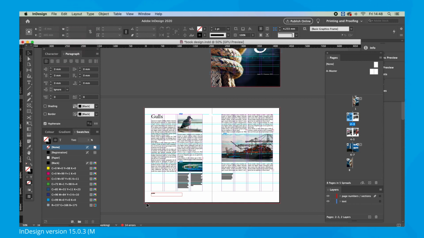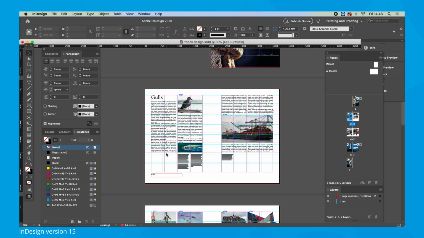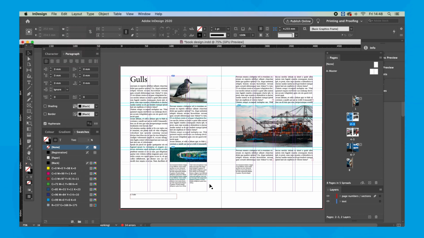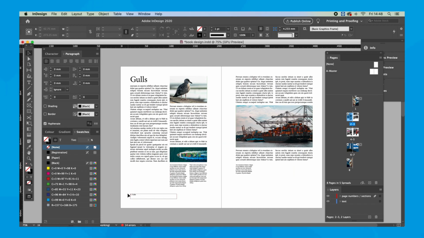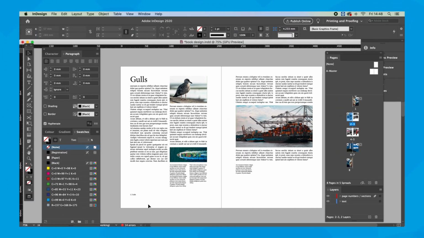Step 1. So when setting up automatic numbering in InDesign, you have to do it in your master pages, but you'll see at the moment I haven't got any numbering set up. That's because I always like to start with designing the numbering on an actual page that's got some design work on it, just so you can get a feel for how it's going to sit within the design. Another thing I would recommend as well is just having your own layer for the page numbers, just so you can keep it separate and be organised.